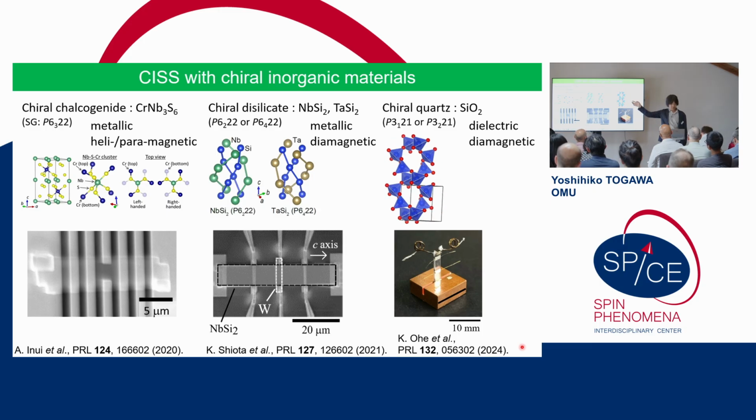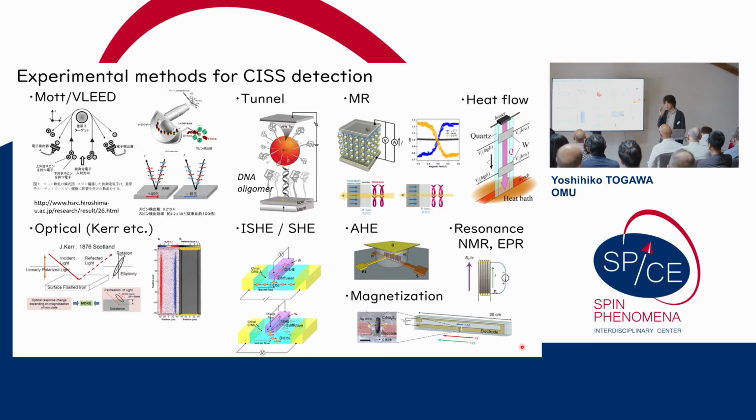Okay, so we have this kind of material. Then another problem is how to detect spin angular momentum, spin polarization in the material. It's really tough work. In the first experiment I demonstrated, he used the Mott detector, but it's only available for photoemission electrons, emitted electrons. It's very hard to apply it to a solid state device.